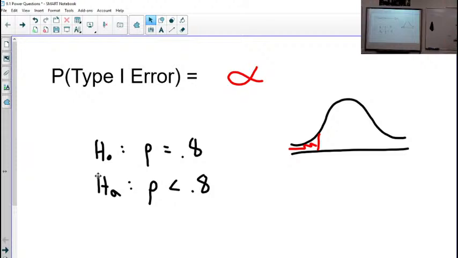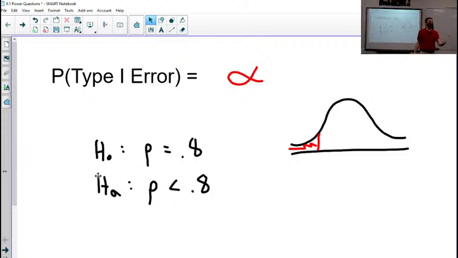Now, let's approach this in the other way. Let's say we reject the null hypothesis, not committing an error this time, because the null hypothesis should be rejected. So my alternative is actually true this time. So let's suppose